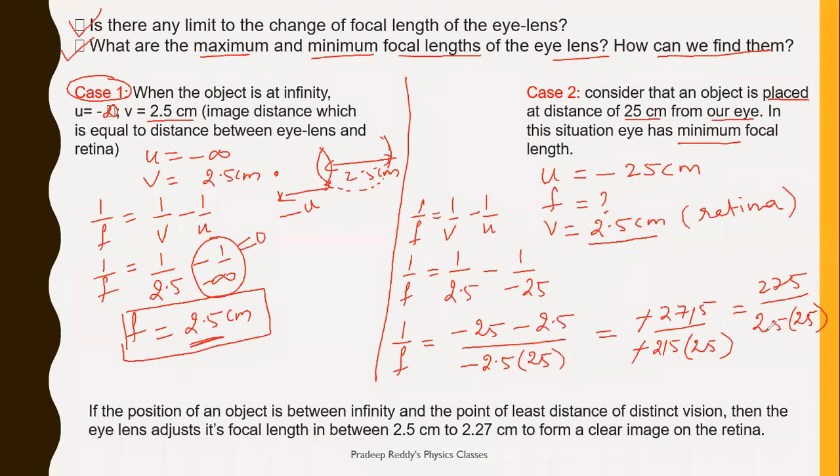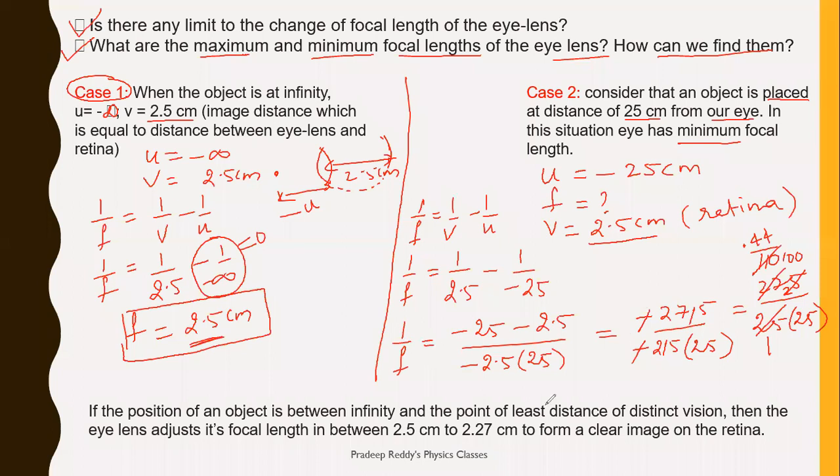25 fours 100, 25 eights 200, 25 nines, 25 eights. So it is 25 ones 25. Remained is 2. 275, right? 25 5, 25 ones 25. It is 11 divided by 25. You can write it as 0.0. So 25 fours 100. 100. So one more 0, 25 fours 100. It is 0.44. Or we have denominator 1 by f, right?